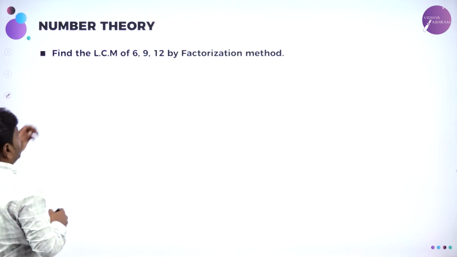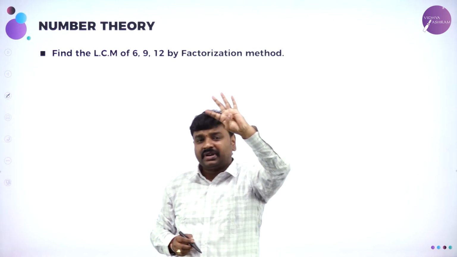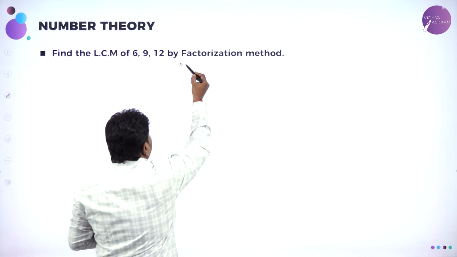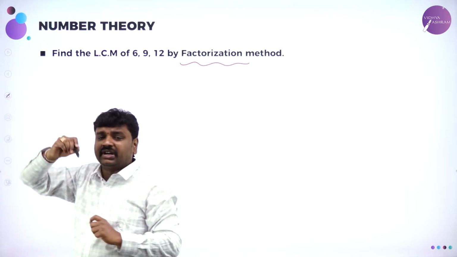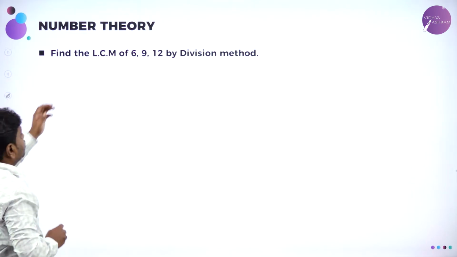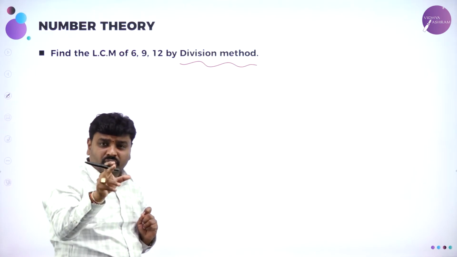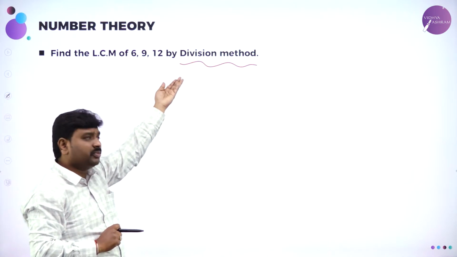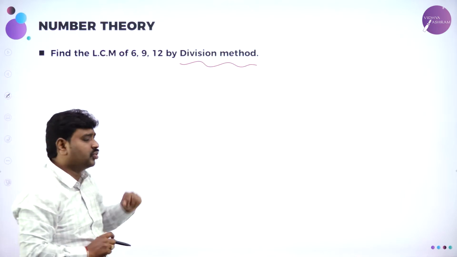Then finding the LCM. We have done problems based on LCM and HCF or GCD by the factorization method. This is also one of the important problems. The same problem, if you refer to my past session, we have done it. Why am I telling you? These are all standard questions for your boards. Then find the LCM by the division method. In the last one, you had to do it by the factorization method; now they want you to do it by the division method. My dear students, we are regularly doing it by the division method only, whatever the LCM, as this is a faster method. But if they mention the factorization method, you should go for that.